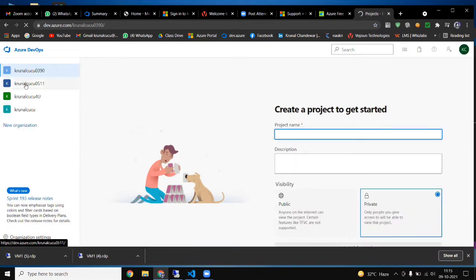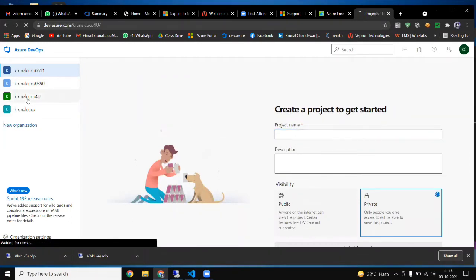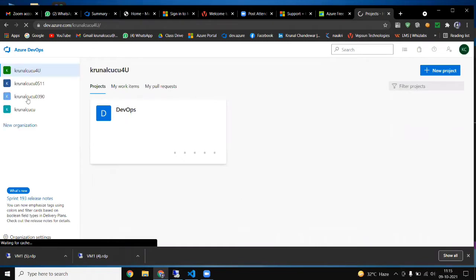If I'm clicking here, I already made one, so I want to show you that. Otherwise, we will make a new project. Yes, this one, DevOps. I made one project, so that is in Kunal CU.